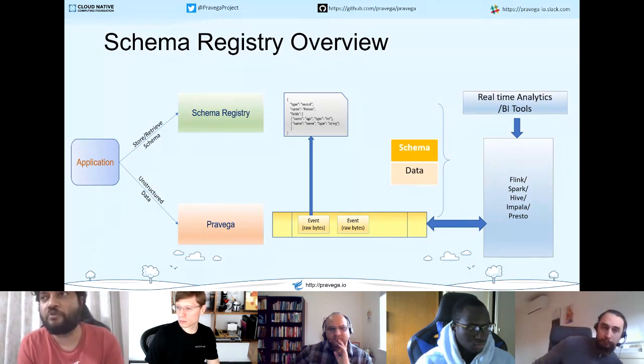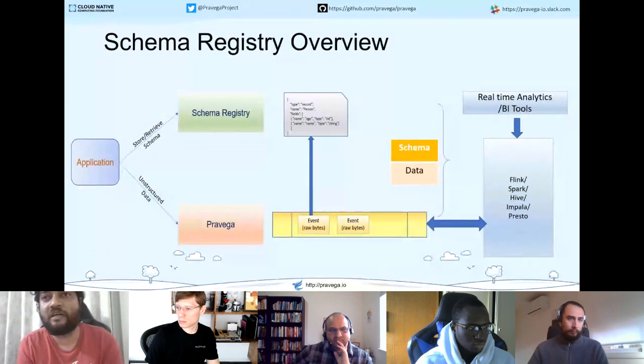I mean, you could have included the schema along with the data as you were writing it into the stream, but many a times your schema itself could be pretty bulky, and it could be bigger than the actual payload size. So it would be a lot of wasted space, and you would be doing this for each and every event that you write, which effectively means a lot of space wasted.